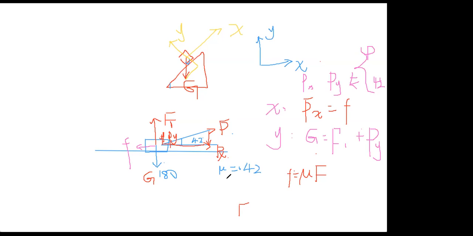Then that's going to be mu times the normal force, and the normal force is going to be the weight plus the Py sine 42, correct? No, that'll be just F. Just F. Yes. So the normal force does not include what is being